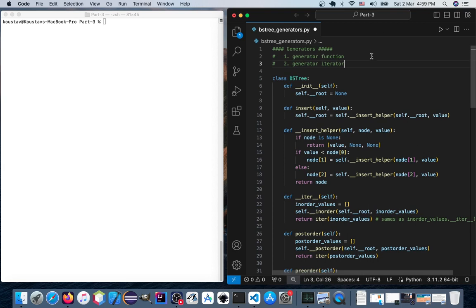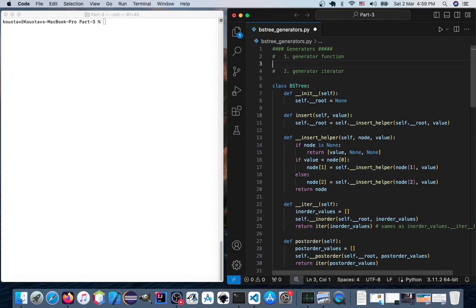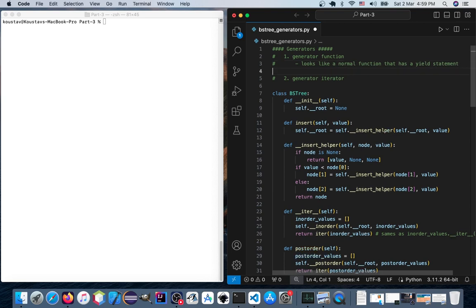What is a generator function? A normal function, it looks like a normal function, that has a yield statement,